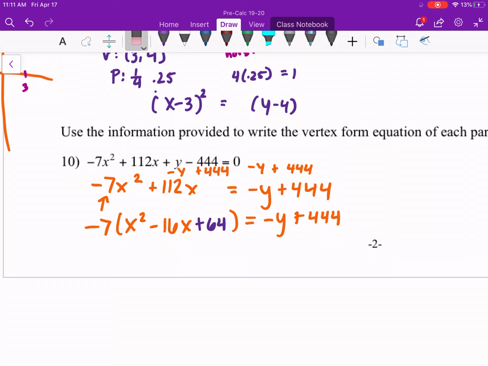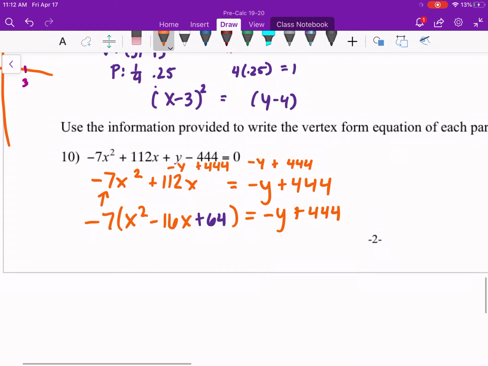So you've added this 64 in the safety of this parentheses, but this parentheses has this -7 coefficient applied to it, meaning that if I were to expand the left side, I would eventually distribute, oh crap, I didn't know I had the eraser on. I would eventually distribute this -7 to every term, meaning that what I truly added to the left side was -7 times 64. So I need to find out what -7 times 64 is and put that on the other side. So since it's a -7 and a +64, again, that means if I expanded this whole left side, there would be a -448 on the left side, which means there needs to be a -448